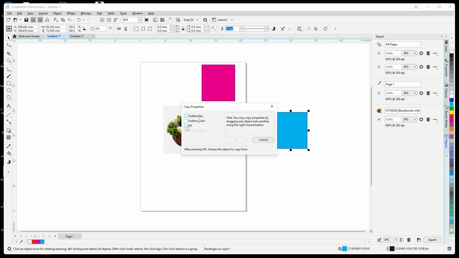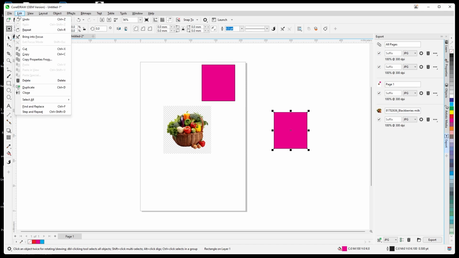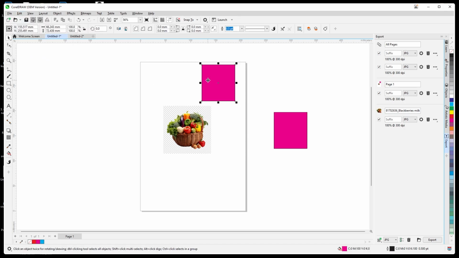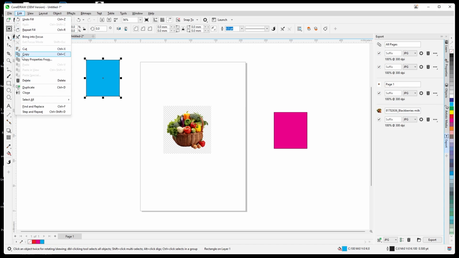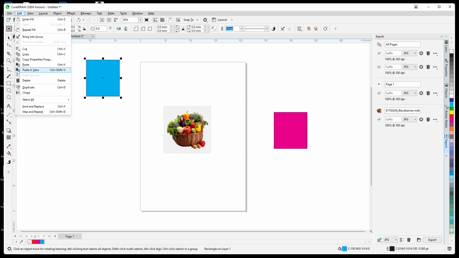Okay, suppose the fill color I am using. So okay, now see, here it is. Now see, these properties are added here, right? So sometimes you can use that one. Now see, here paste. I'll change this color to blue, and here I'm using copy, Control C, and now see the paste. So Control V,